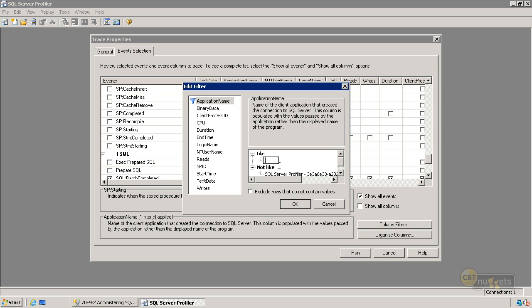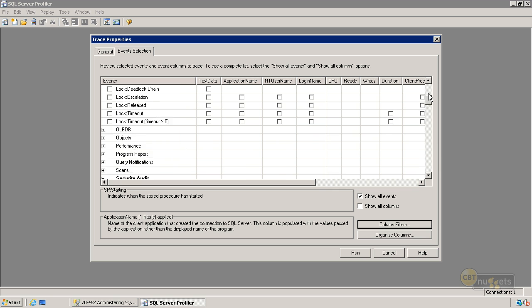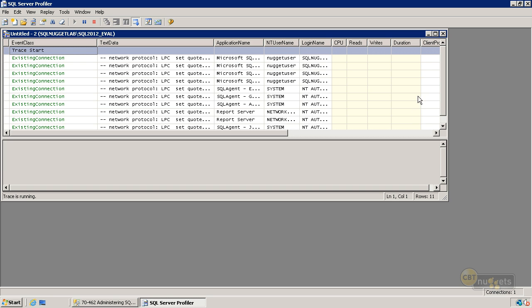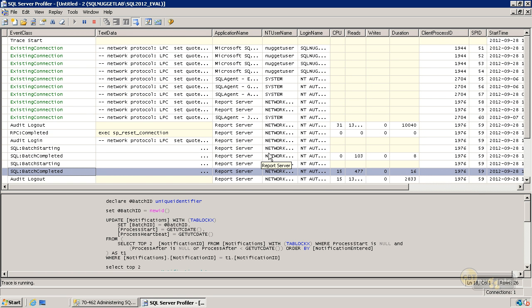So do that. Use filters as much as you can. You'll save yourself some headaches. And I'll show you how to do that. One of the reasons I built an application is so we can put a filter on that application and see exactly what's coming from it. So to keep things simple here and just to start, I'm just going to accept all the defaults and hit run. All right, so Profiler's running, and you can see we're not even doing anything in the SQL Server, and